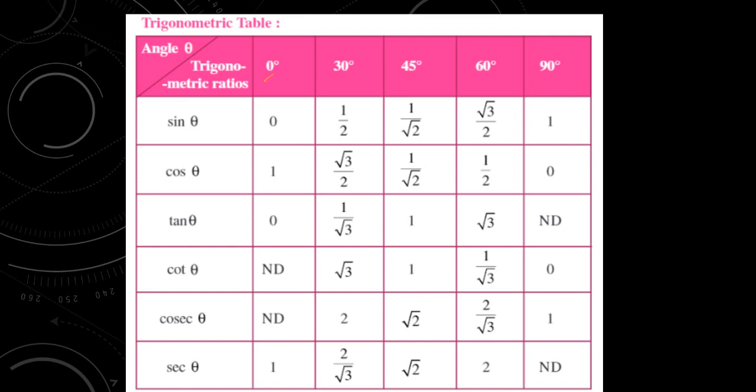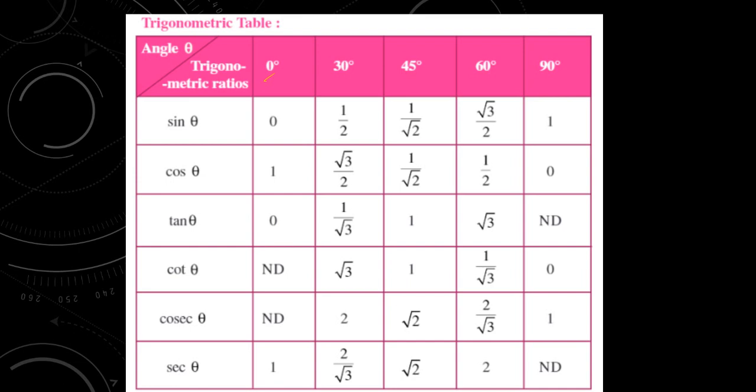So this is related to exercise number 2. In this, we need to remember these values, right? If you observe, 0 degrees, 30 degrees, 45 degrees, 60 degrees and 90 degrees. These are the things that we have. We need to remember these values, and the values that lie in between, we are going to learn in our higher classes, right?